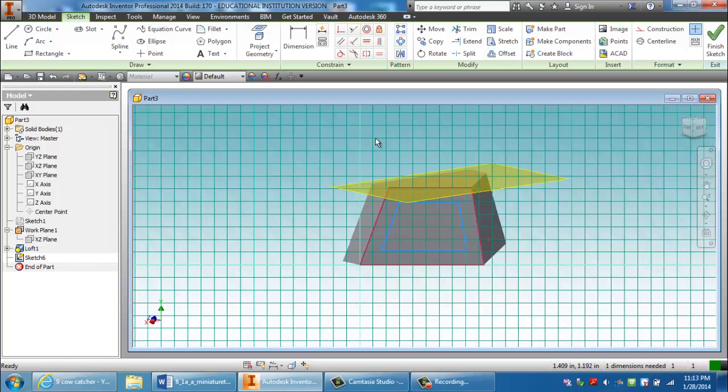We will dimension this window from this side to this side at 0.1. Then we finish the sketch.